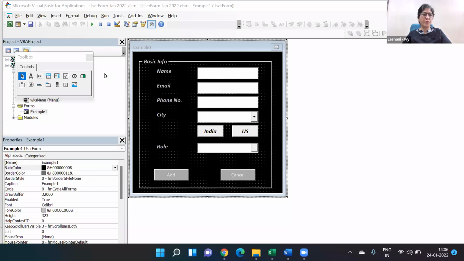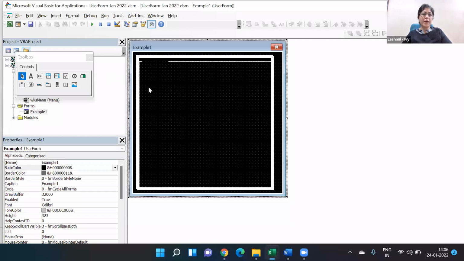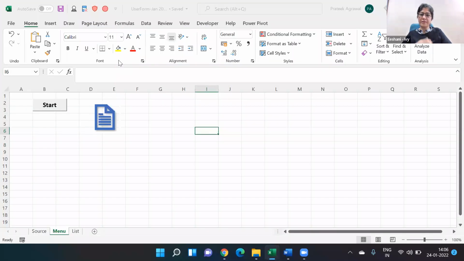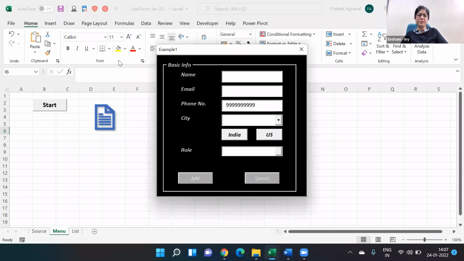Screen, I was showing you what we are going to do. So today our aim is to do something like this, create a form. These are called user forms. So the aim is to create a user form with data validation in it, and we are going to try and